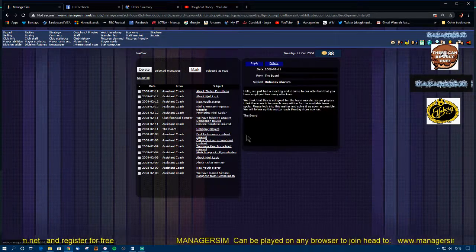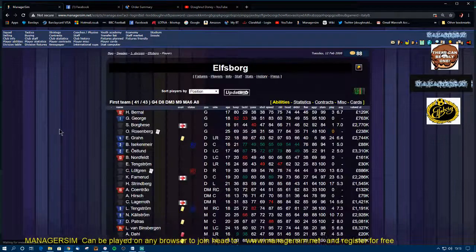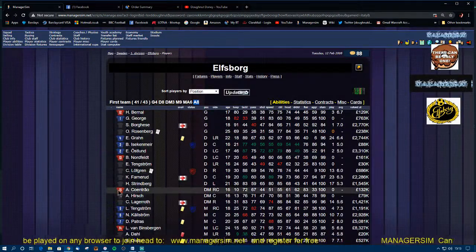We've got some unhappy players there. We're unhappy. You've got too many attackers, which means we've got more than 8 attackers in our side. Yeah, we've got 8 or more. So you're going to get an unhappy